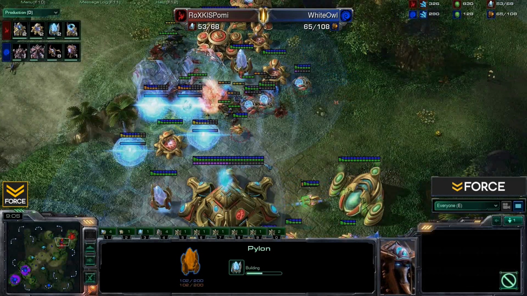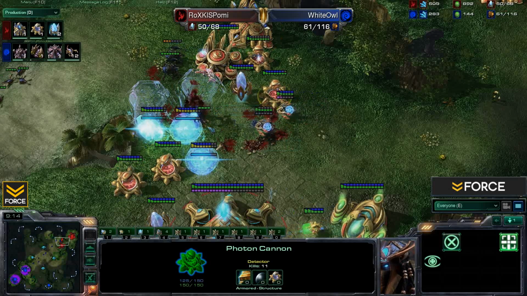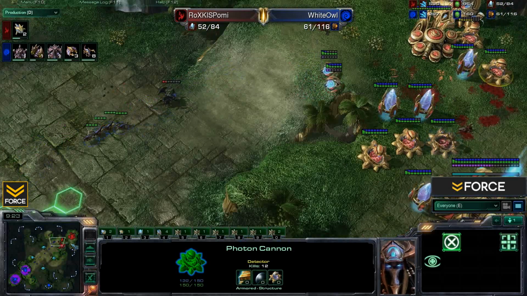We've got Zerglings trying to push on in right now. Sentries doing what they can. A couple of Zealots. We do have a couple of Zerglings though within the range of those Sentries. The cannons plus that Sentry fire managed to drop it. Pomi is doing a good job thus far of defending against this push, and it looks like WhiteOwl will be headed